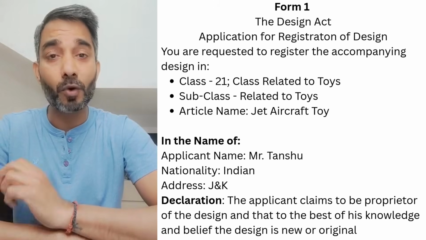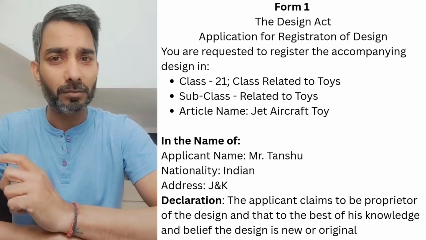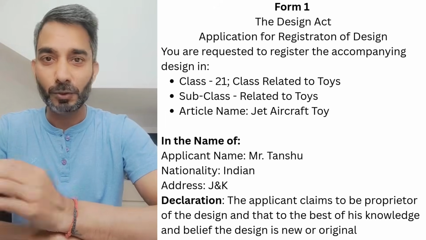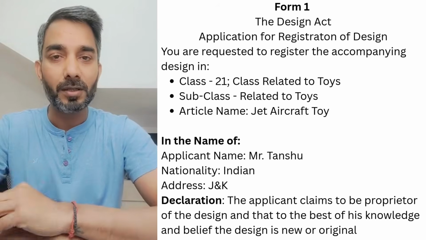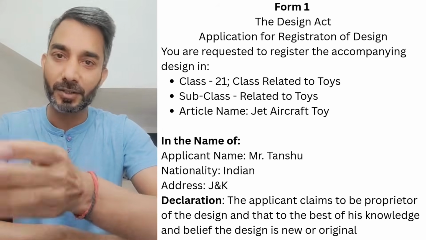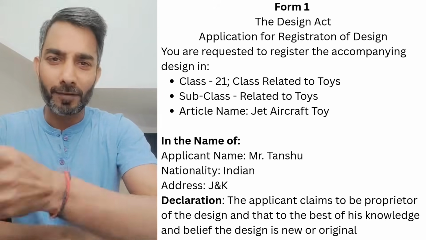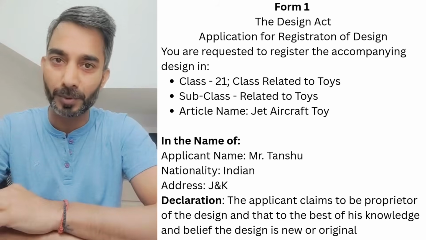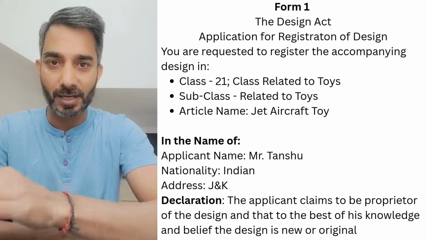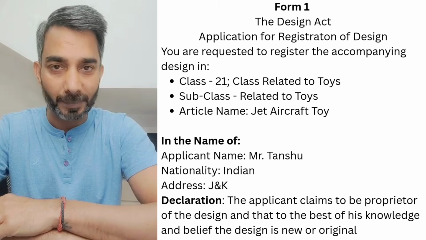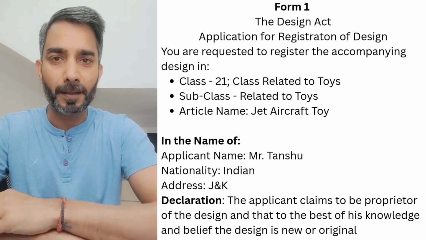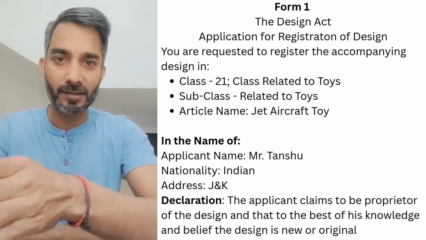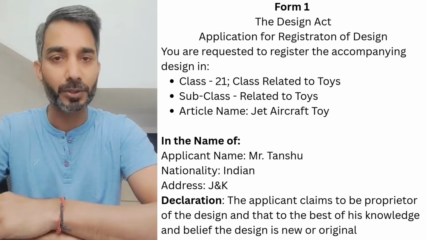Second is we identify what class to be used. Now, you may not remember the appropriate classes, but you can just say that class relevant to a toy and subclasses related to the given toy. If you have internet, then you will come to know that class 21 is the relevant class and there could be an appropriate class for that also. So we give a title to our application, which is, let's say, a toy aircraft. Class could be classes relevant to the toys or class 21 as I told you, and there could be another